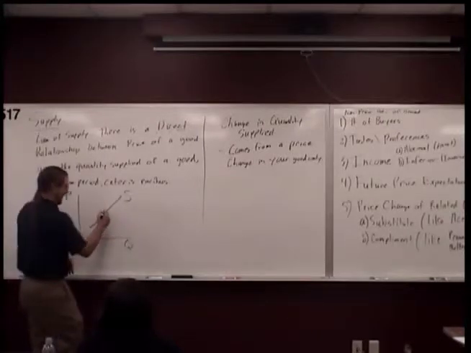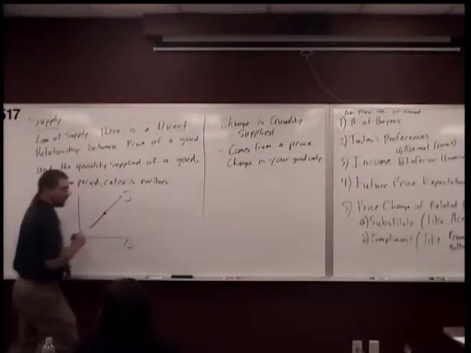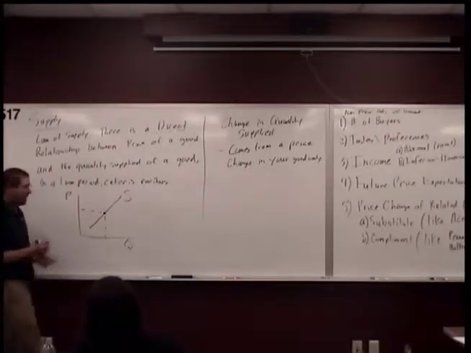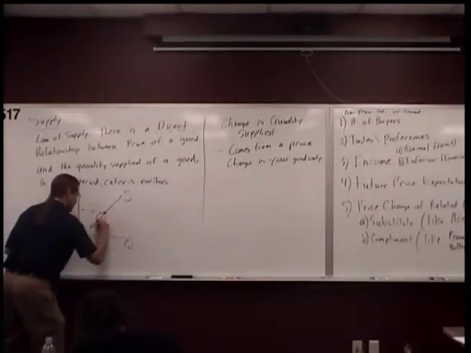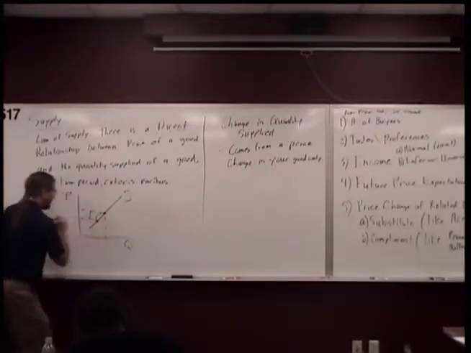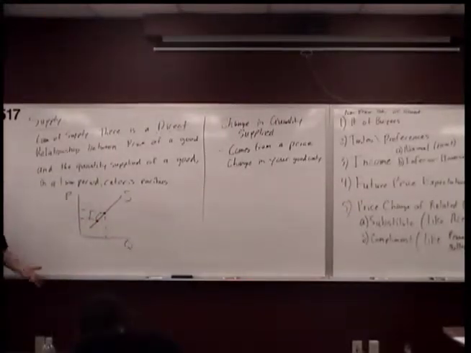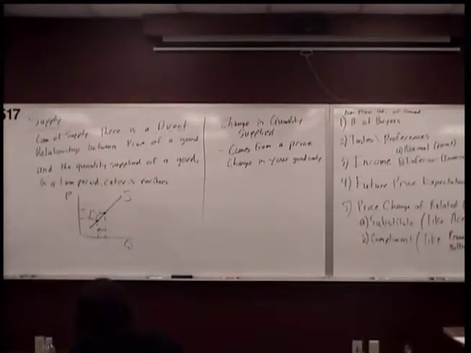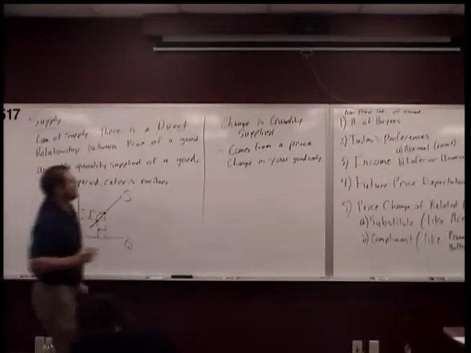Okay? And again, that's just a matter of saying, if we're on this point, so if the price is here right now, this is how much we would produce. If the price goes down, so the price falls to here, our quantity falls in a similar fashion. Okay? That's how direct relationships work. Things move together. Okay? All right, so